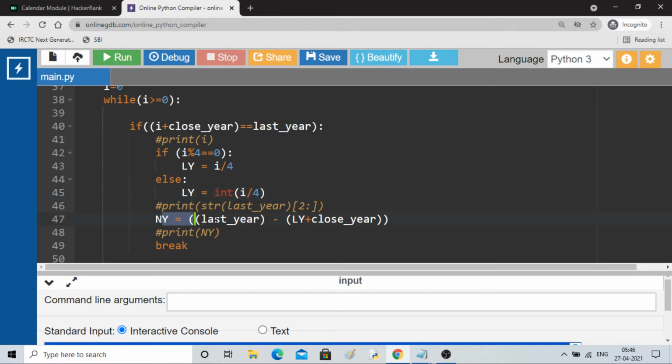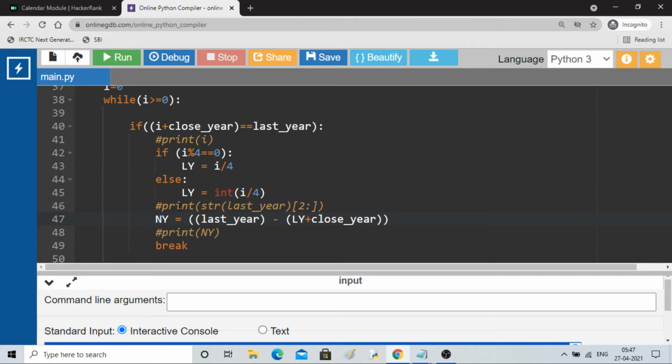And you can calculate the value of normal year by subtracting, last year minus (close year plus leap year). So you are taking 1900 plus leap year and subtracting it from last year. So you will get normal years here.